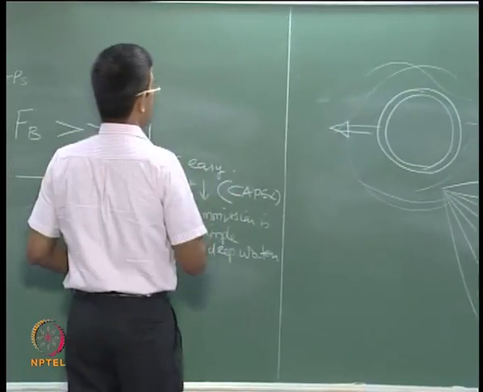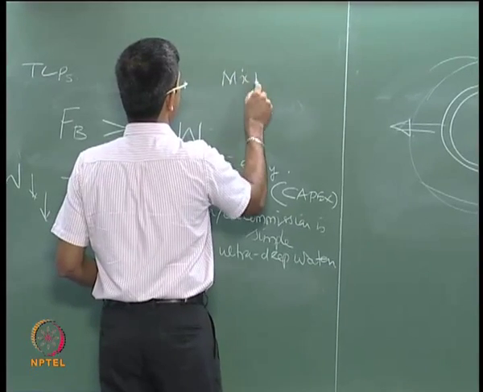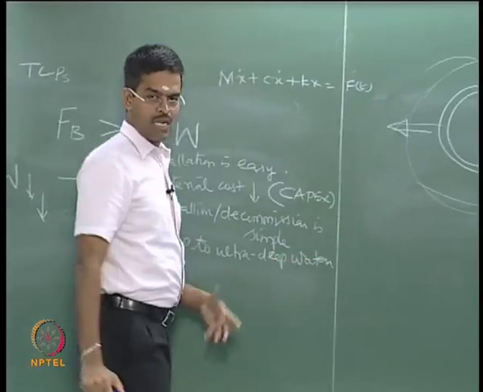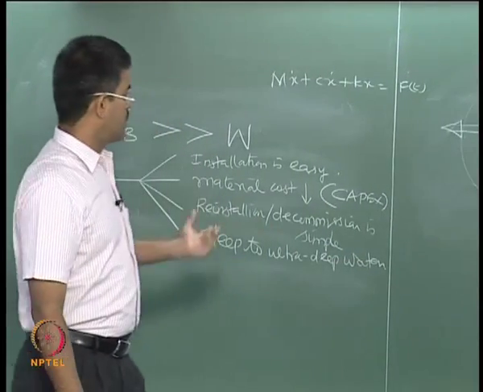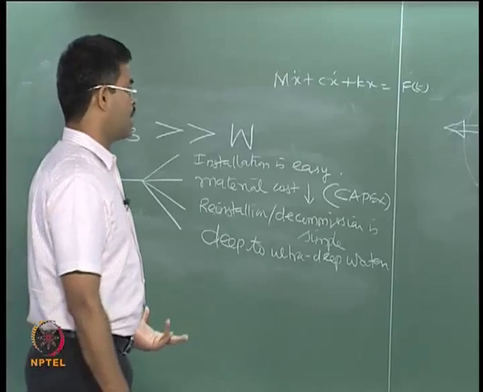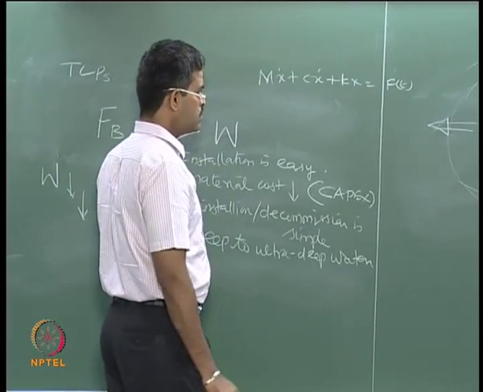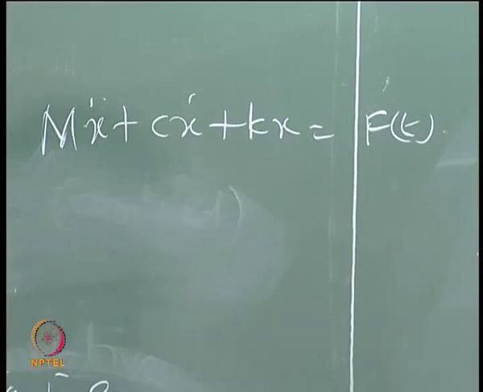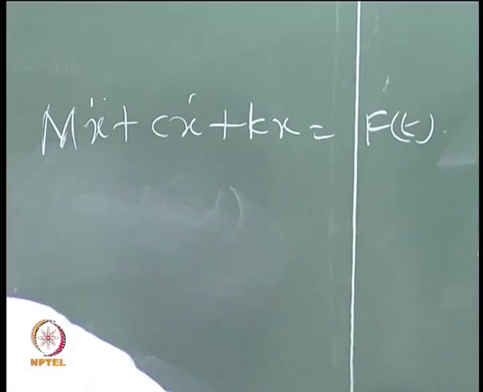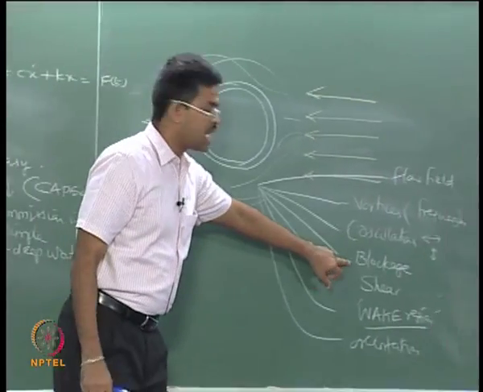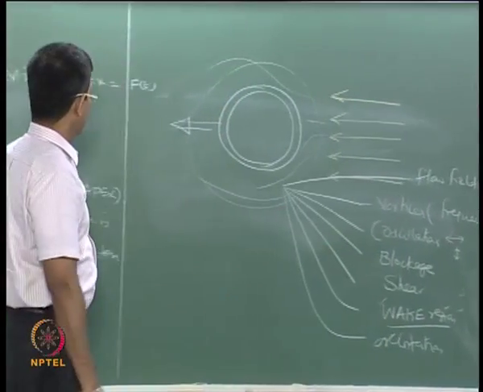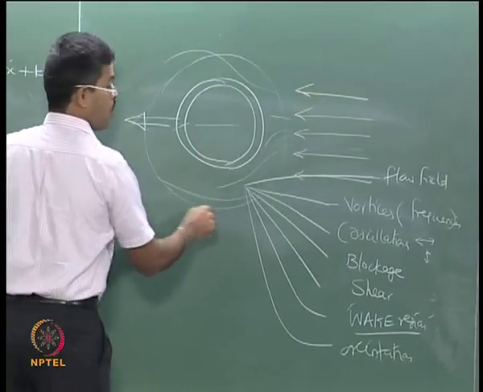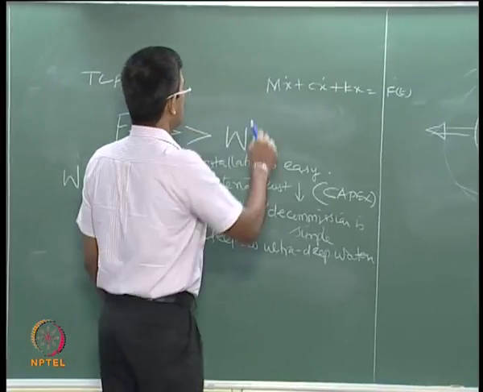On the left hand side of the equation, let us say m x double dot plus c x dot plus k x is f of t, that is my classical dynamic equation of motion for a given member, maybe single degree or multi degree. Let us quickly understand which are the parameters here which will get influenced by the fluid flow in the vicinity of the member. As I said, blockage is one aspect which can affect the force acting, which depends upon the diameter of the member and series of members in the row. So it will affect the mass,